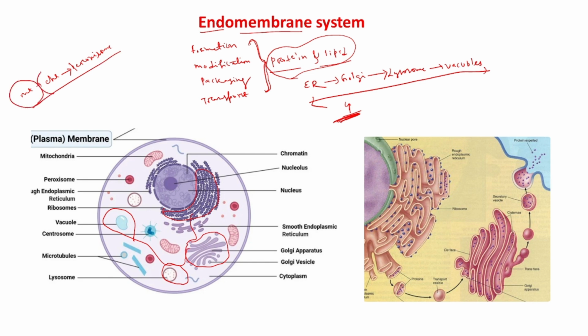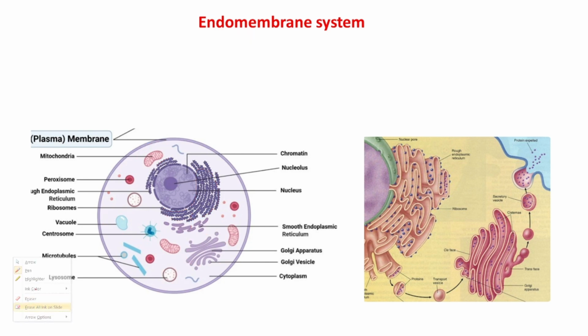That means they have their own functions. For example, this mitochondria has its own function. So they are not included in the endomembrane system. The endomembrane system includes the endoplasmic reticulum, Golgi, lysosome and the vacuoles. So if we look at this ER,